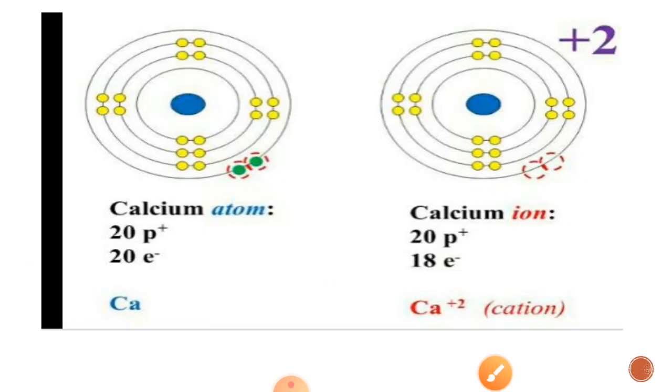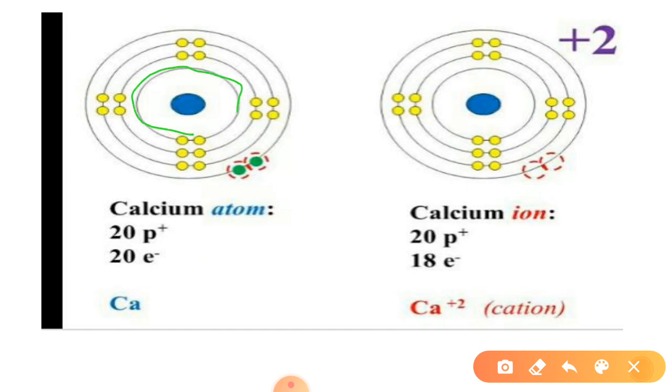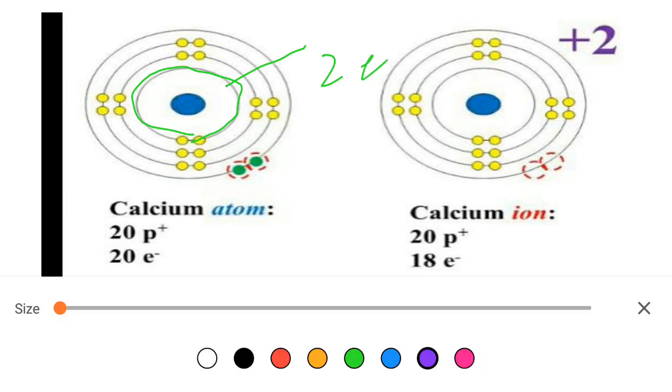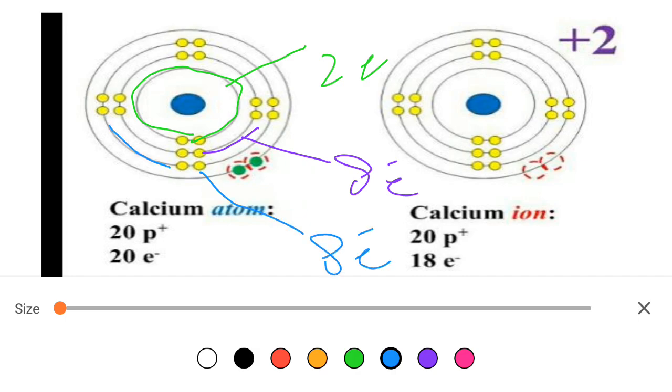One other example. Now you have to do it. Look, this one is the inner orbit, and how many electrons? 2 electrons. And the next one, how many electrons? 8 electrons. And the next one, 8 electrons. If you count in this orbit, there are 8 electrons. And at the last one,